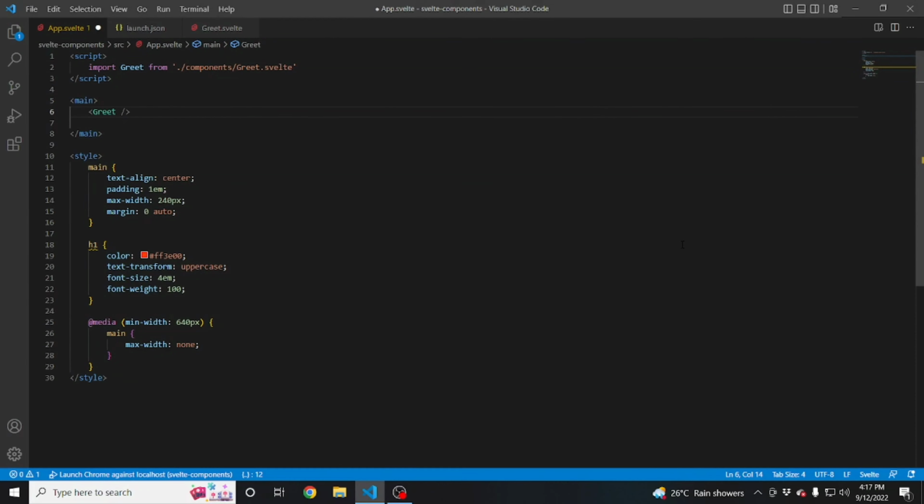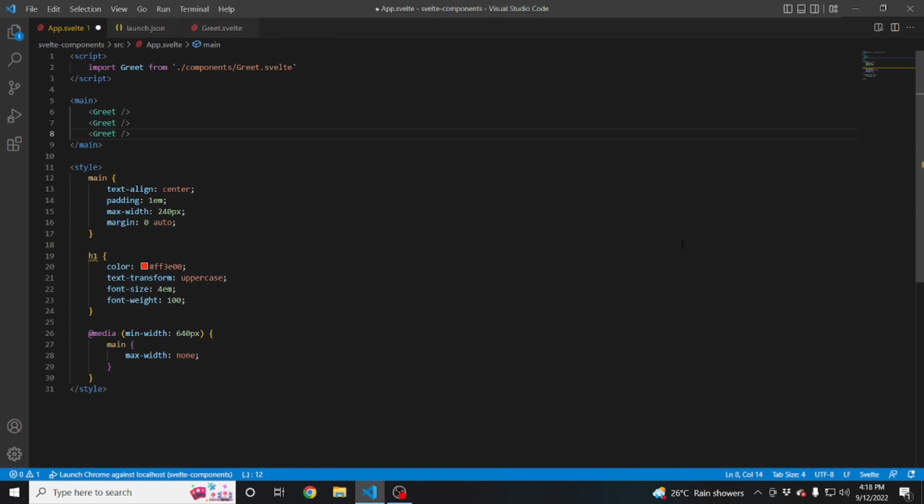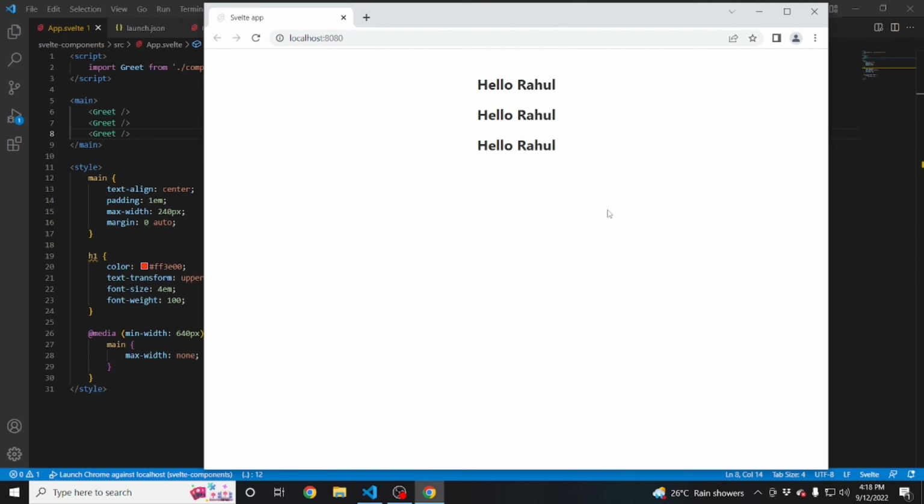In the previous video, I mentioned that components are reusable. So you can create a component that returns any HTML you want to and include it in any part of your application. For example, let's say we need to reuse this greet component. All you have to do is include the greet tag as many times as you want to. If I duplicate it twice, save the file and take a look at the browser, you can see Hello Rahul